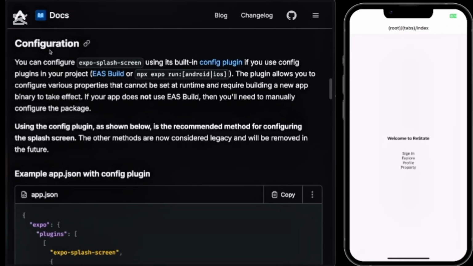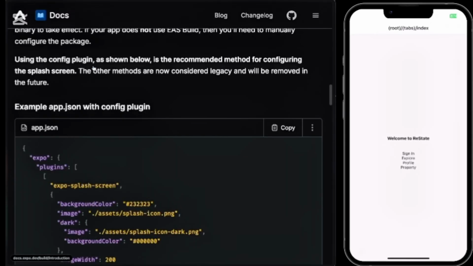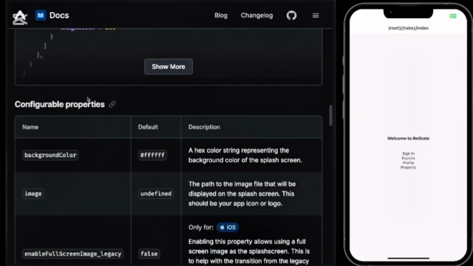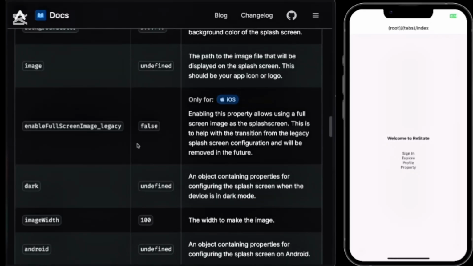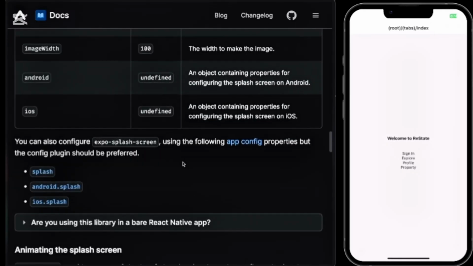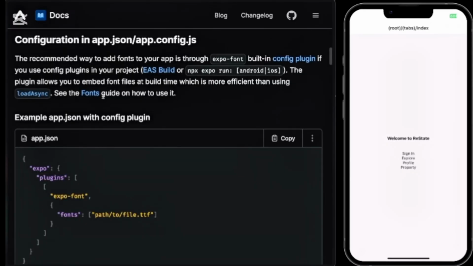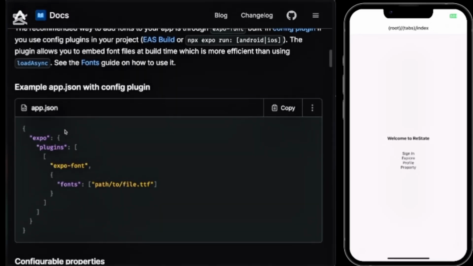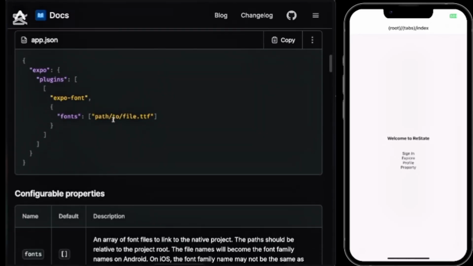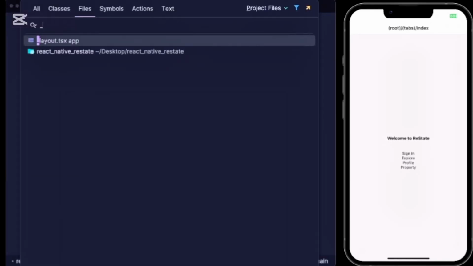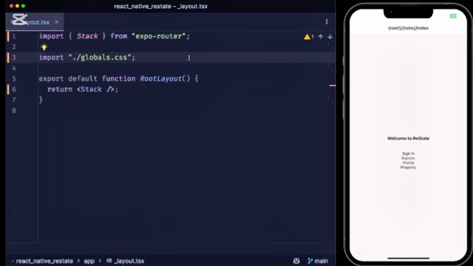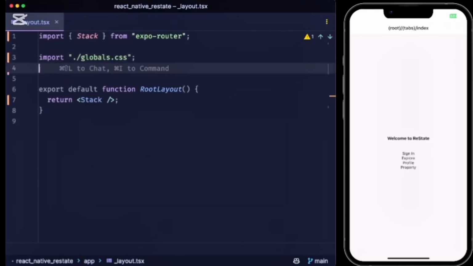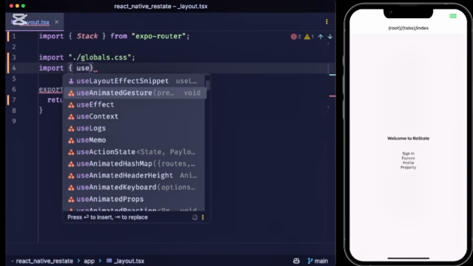Before, there wasn't a specific Expo package that you can use to set up a splash screen, but now there is, and you can configure it just like this as shown in the documentation. Everything is right here within Expo docs. And absolutely the same thing is happening with Expo fonts, allowing you to do it all within a single config file. Now, let's head over to our _layout, and let's load all of these fonts by saying import, use fonts,